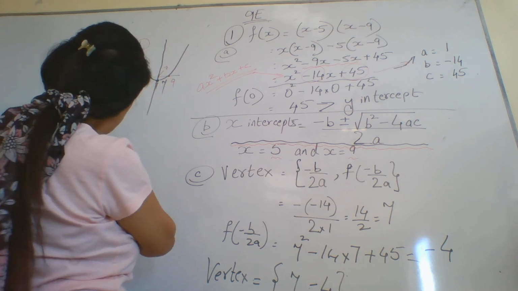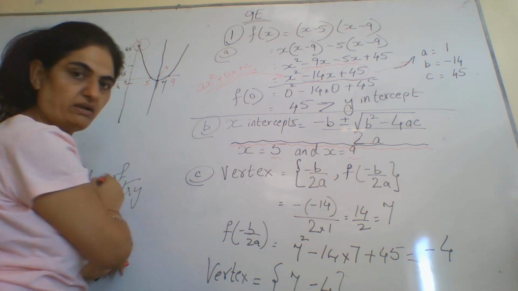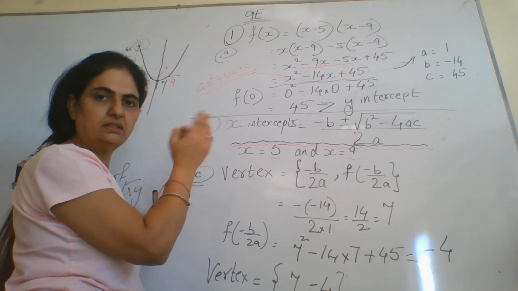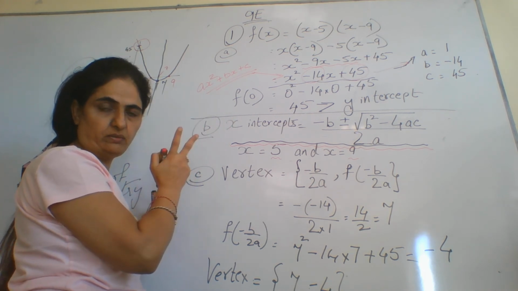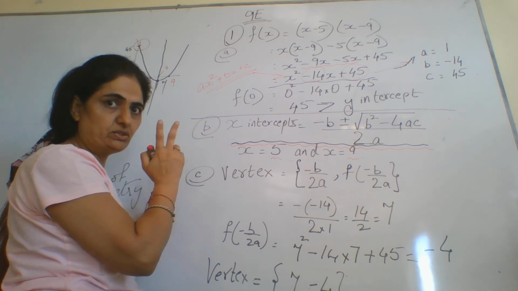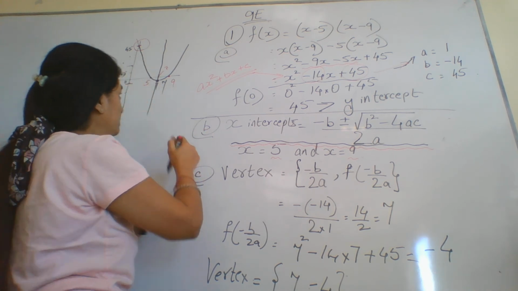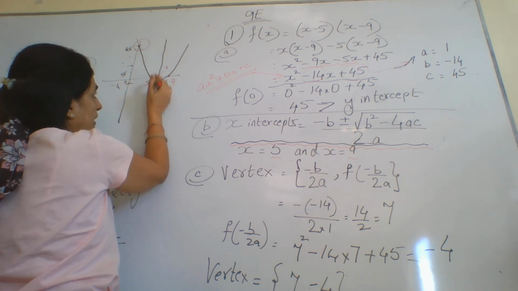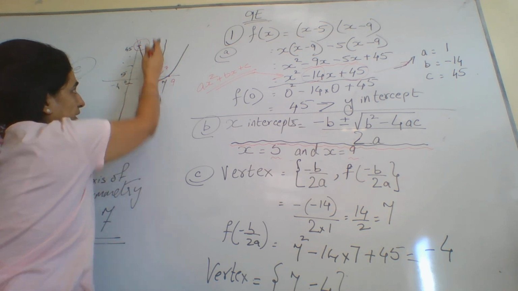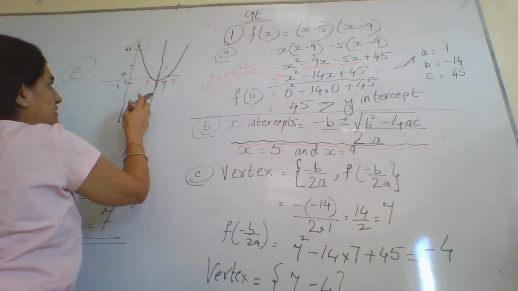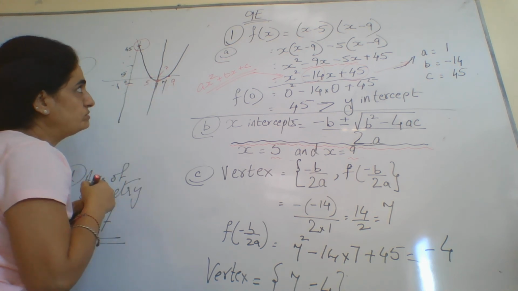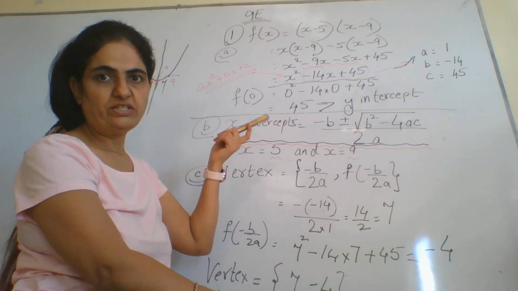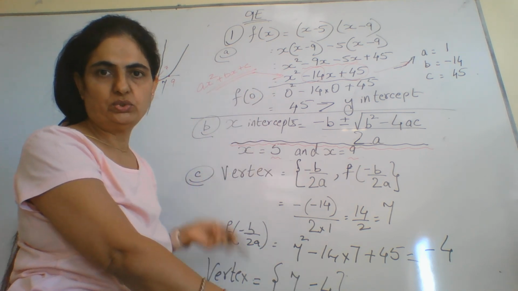Okay, and the axis of symmetry, which you have got as 7. So the axis of symmetry is nothing but the line which will divide the parabola into two equal halves. So you have to take care of this point also, that the parabola is centered on the half line which, if you draw it, will pass through 7. Okay, so this was about this question. So if you get an equation, then it's easier for you to solve all these questions.